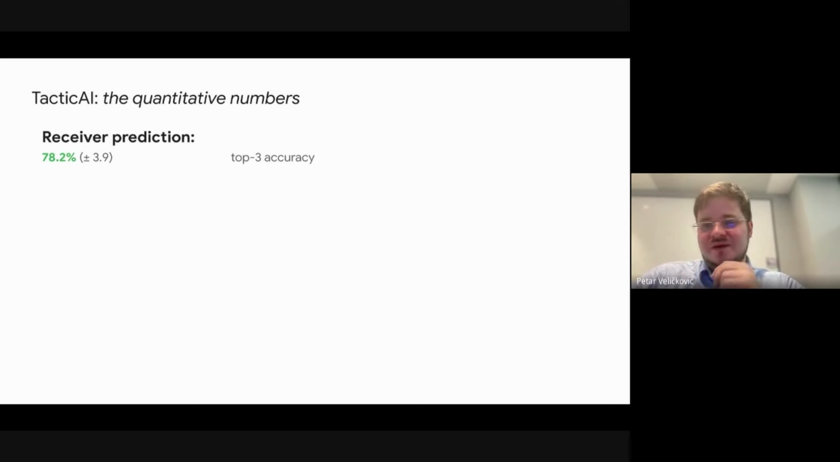So I'm very happy that our system gets about 78.2% top 3 accuracy on predicting receivers. You'll see later on, humans are not much better than this, by the way. Humans are roughly the same level of performance. So this is a good start. So the model is decent at predicting in the test set of held out corners who's going to receive the